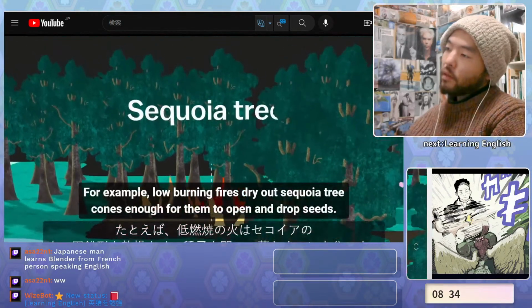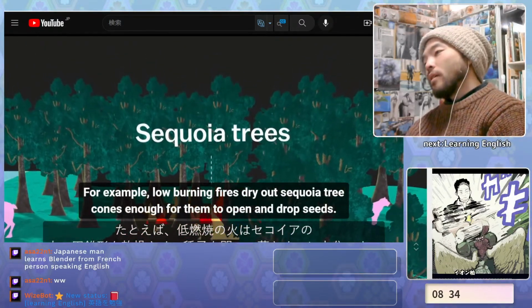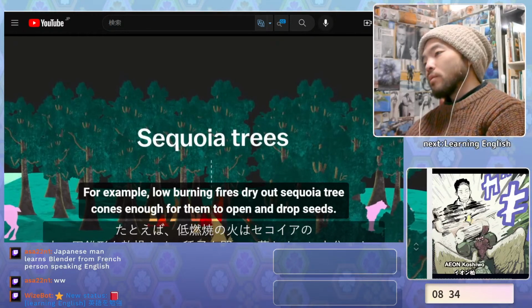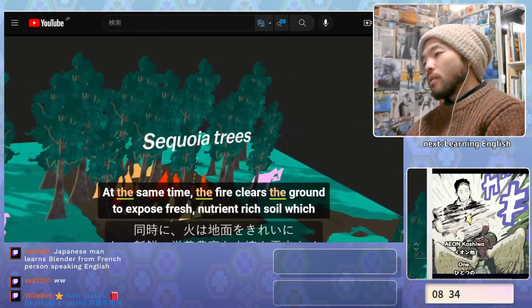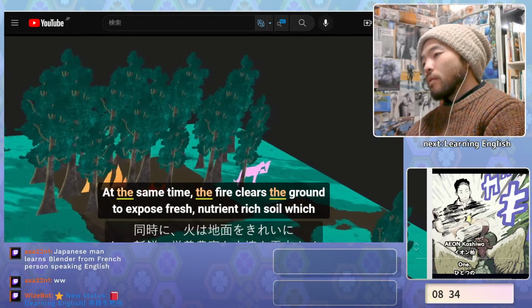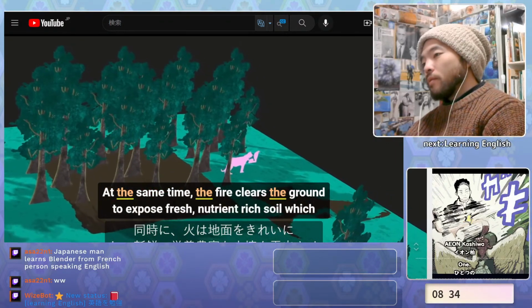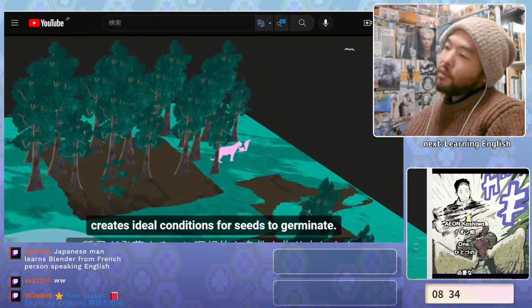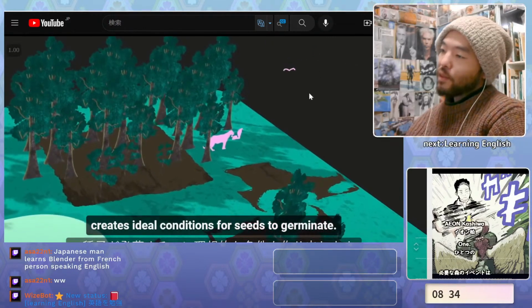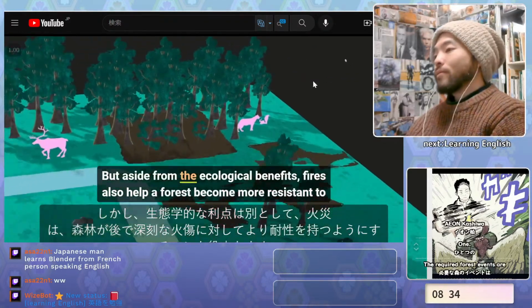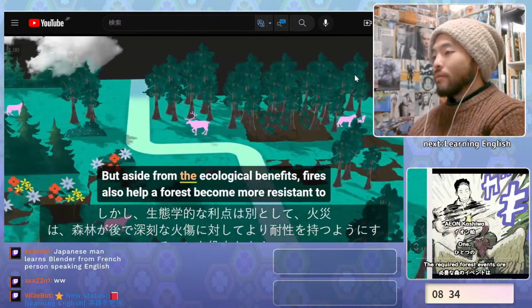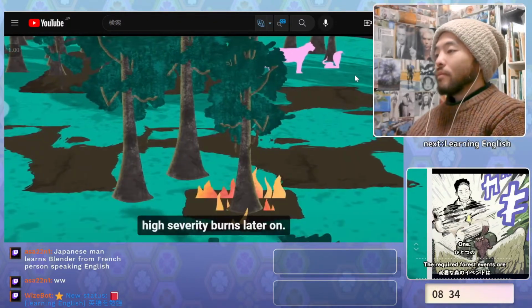For example, low-burning fires dry out sequoia tree cones enough for them to open up and drop seeds. At the same time, the fire clears the ground to expose fresh, nutrient-rich soil, which creates ideal conditions for the seeds to germinate. But aside from the ecological benefits, fires also help a forest become more resistant to high-severity burns